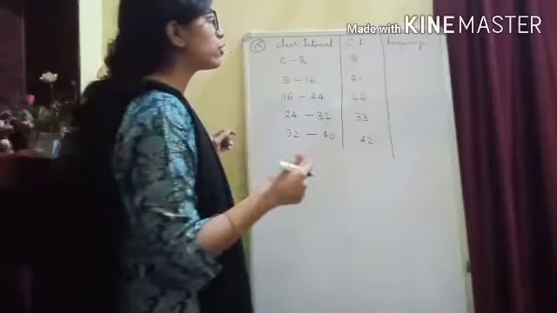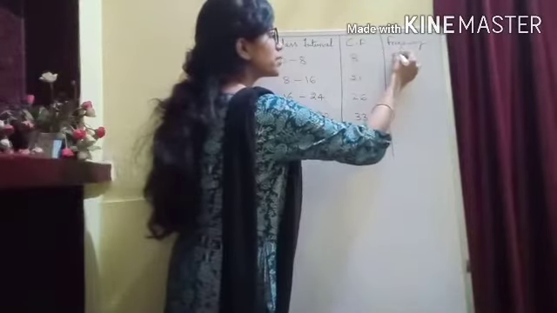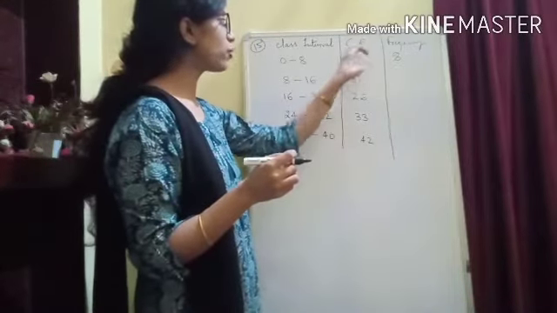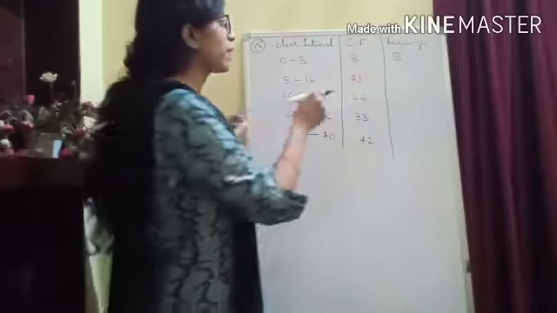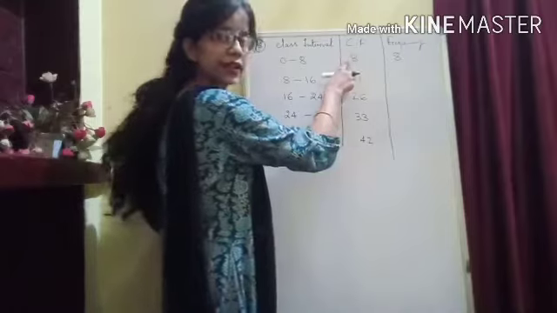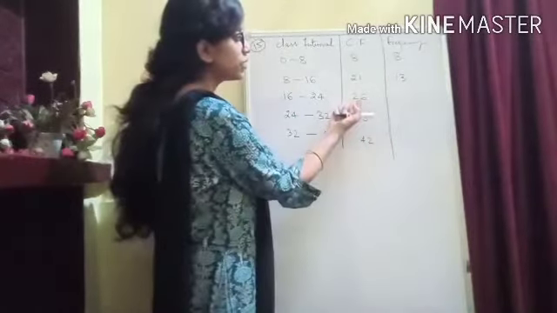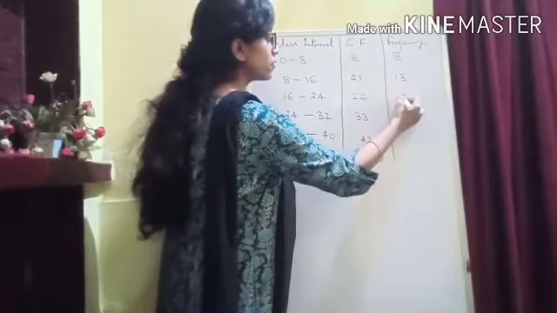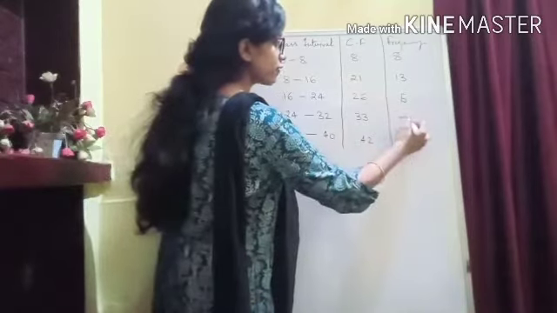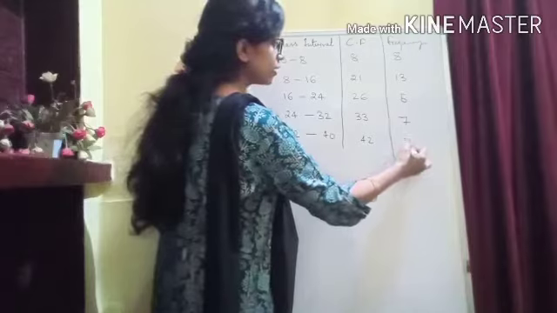But here, when you are supposed to calculate frequency, the first entry is going to be the same, and then you have to do nothing. Just subtract the number from its succeeding number. Like 8 is the same. Now the next entry would be 21 minus 8, which is 13. Now 26 minus 21, 5. 33 minus 26, 7. 42 minus 33 will be 9, I guess.